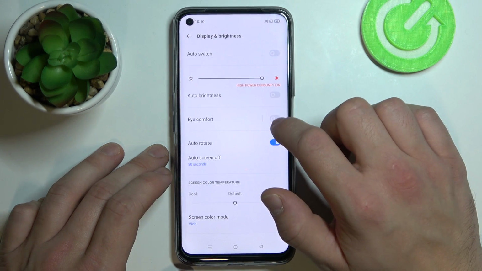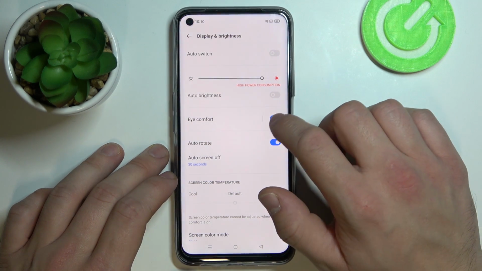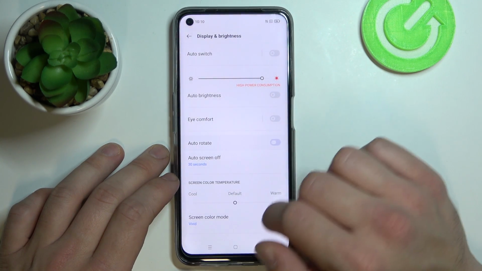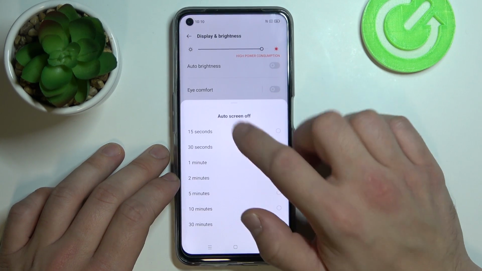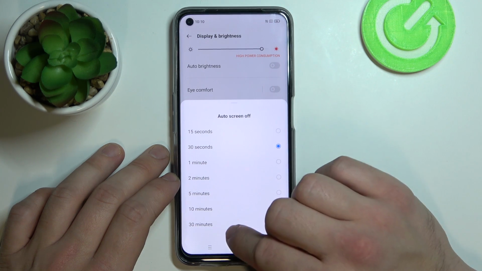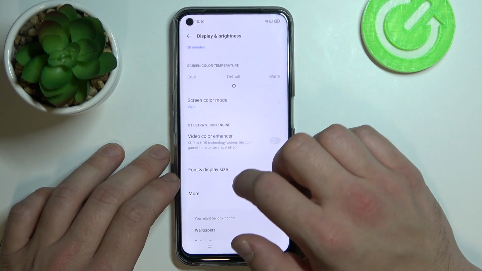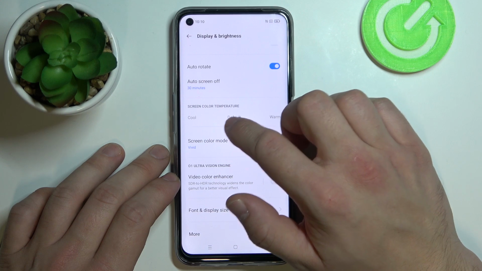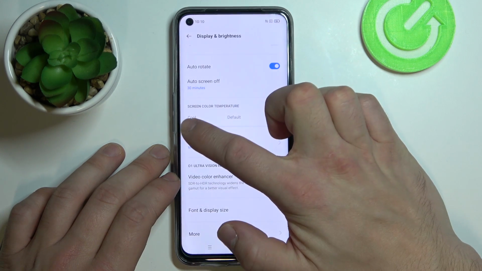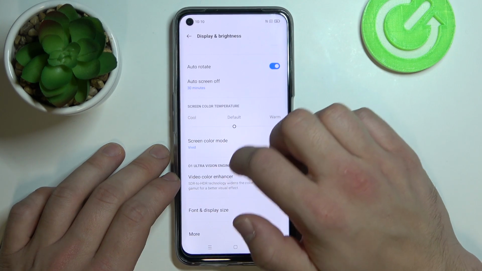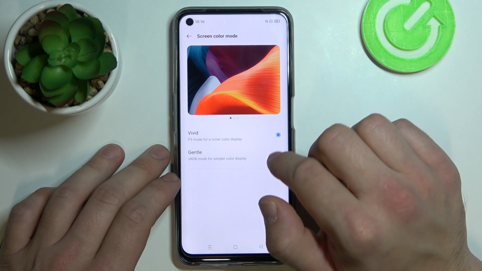Next we can turn on or off eye comfort mode, auto rotate, and we can change auto screen off between 15 seconds and 30 minutes. Then we've got screen color temperature between warm, default and cool, screen color mode, vivid and gentle,